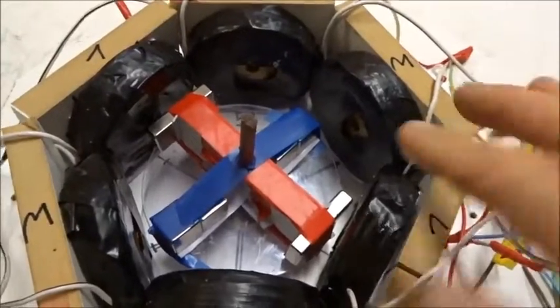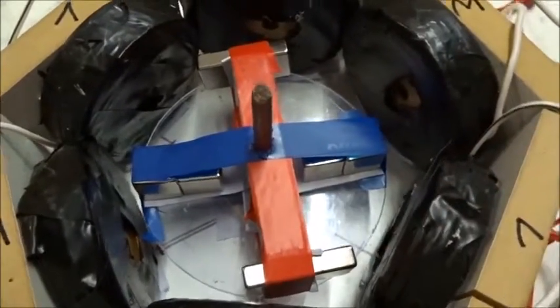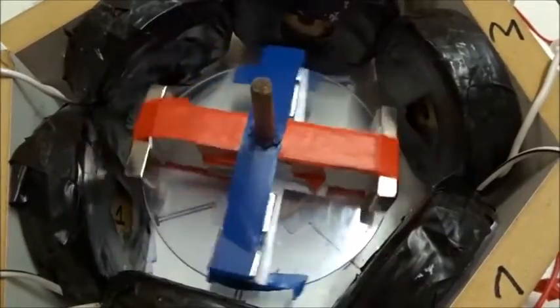What I've done is taken these 6 vertical wire coils, wired up with 3-phase power from this little device, starting at 0, and the south poles are pointing out here, the north poles are pointing out here, and it'll spin. The reason I've done that is when we spin it, hopefully the magnets won't fly off like they did before. So if we spin it at really low speeds,